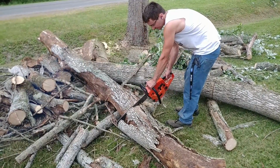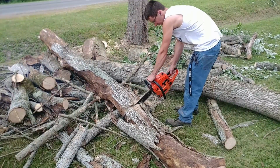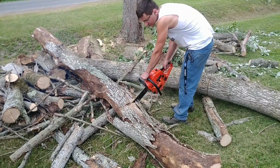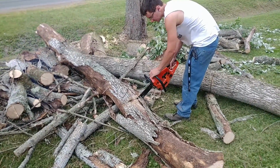That one is sort of okay. It is hollow, and I used to be able to stick my whole hand inside the tree, and it has since healed itself. So at some point that tree will probably come down, but